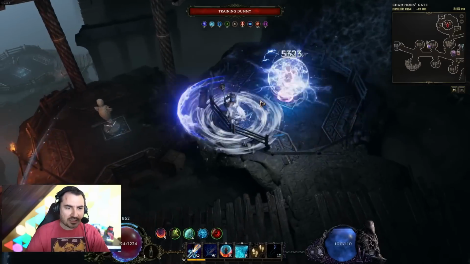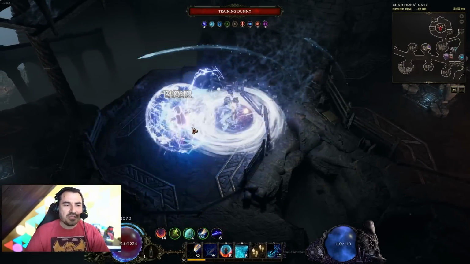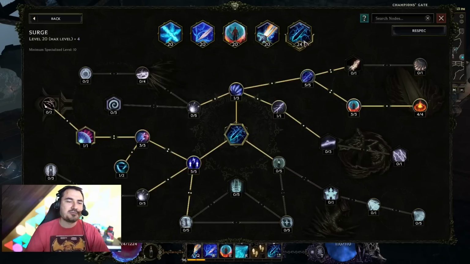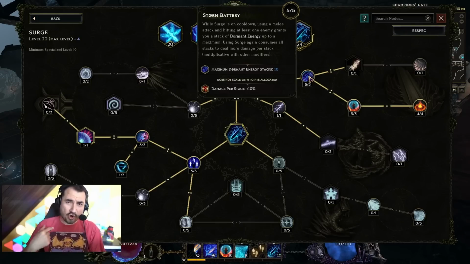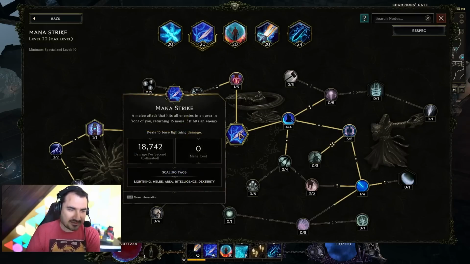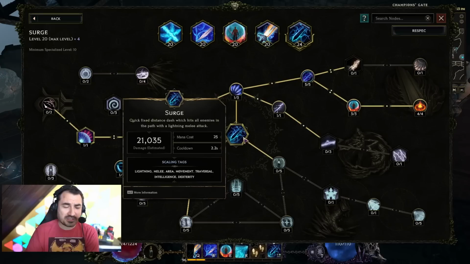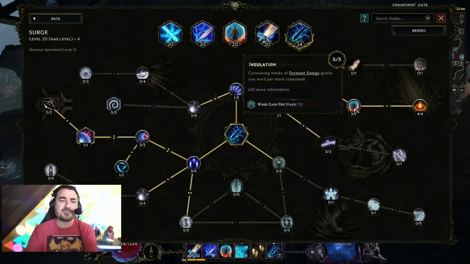So we Mana Strike, we Surge on cooldown. When Surge is on cooldown, it gets a stack that builds up. We spec into it fully up to 10, and then it does more damage per stack when we use Surge. Now, these stacks only build up when Surge is on cooldown and you hit with another melee attack. So that's why it's really important to get very high attack speed with Mana Strike. That's why it's really important to get a low cooldown with Surge, because these stacks, when we expend them, we